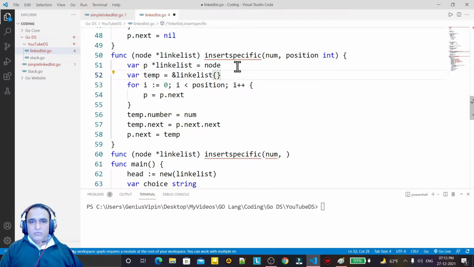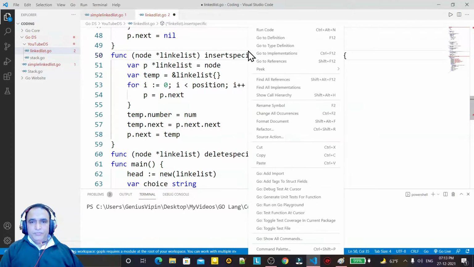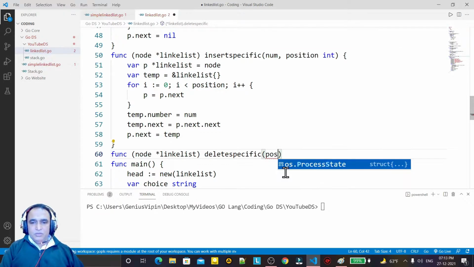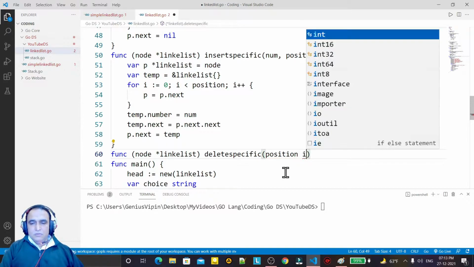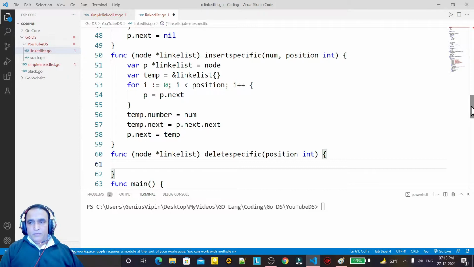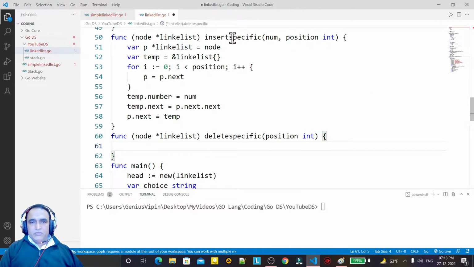This operation is for insert specific, and that would be for delete. Because here I am inserting a new value at a position, and here I have to pass only the position because I want to delete the value. Okay, so it is for insertion, insert at specific position.